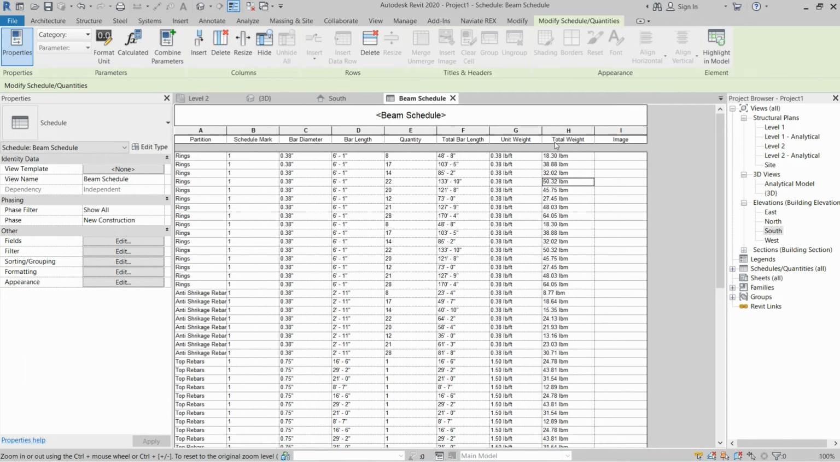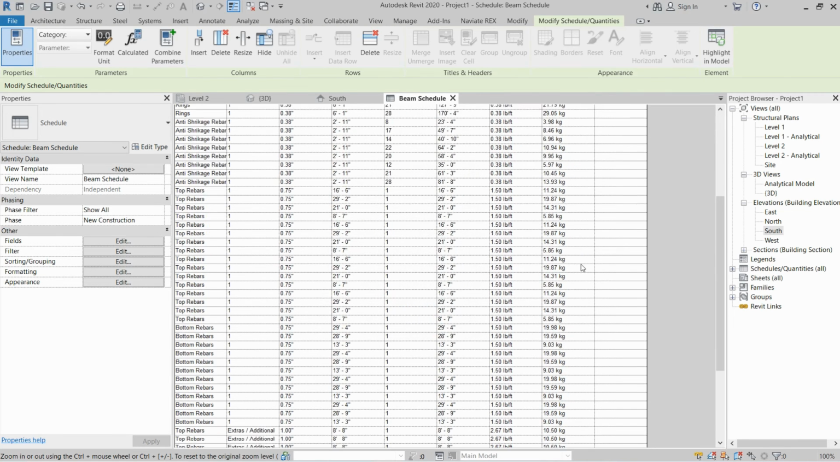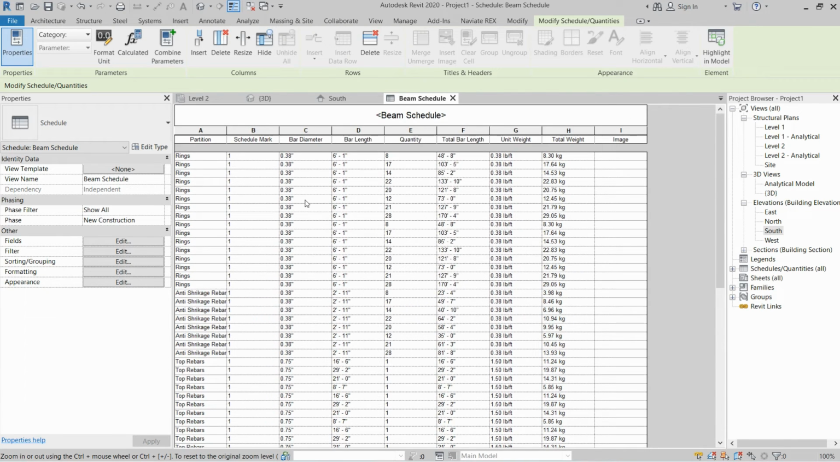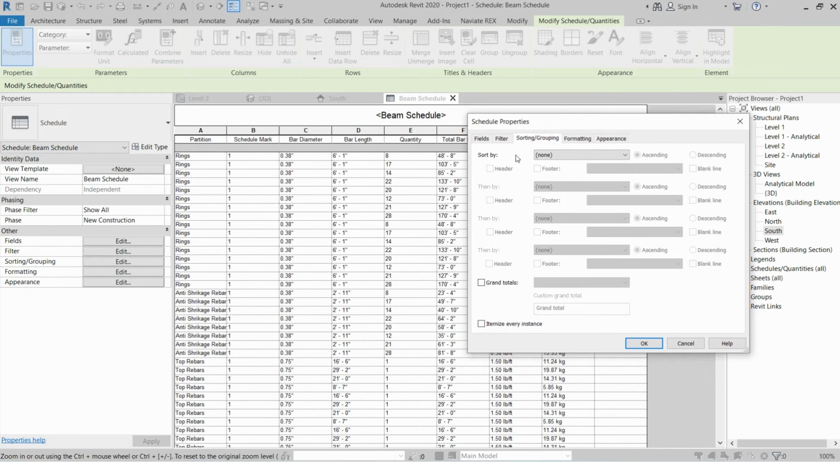If you want to change the total weight unit, you can go to format unit, uncheck choose per project setting, and select kilograms or tons. Let's select kilogram, OK, and that's it. So we will go to sorting and grouping, and we will uncheck itemize every instance, and we will select